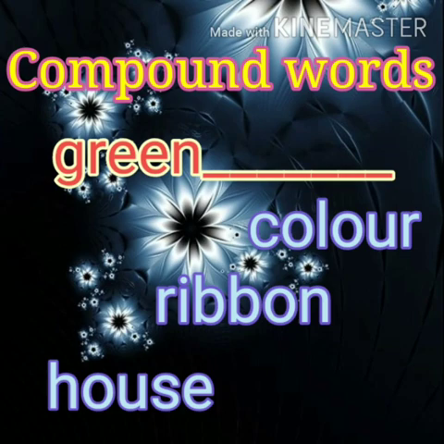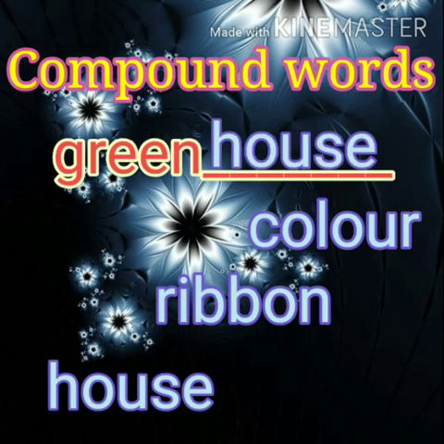But when we have to write a compound word, we shall take house, greenhouse, which is a compound word. Green color is a word but it is not a compound word at all. So we should write only compound words. That's why we are selecting house, greenhouse. Like this you have to do.